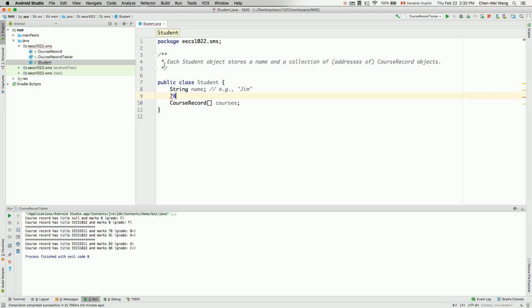Okay, let's make a comment over here. Okay, so now we declare a reference variable called courses. Okay, that's the name of the variable, being an array. Okay, just an array. How do we know it's an array? We can simply tell from the opening and closing square brackets over here. Okay, each element